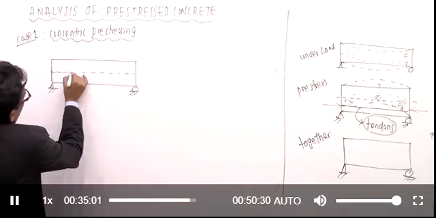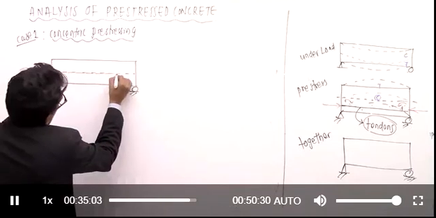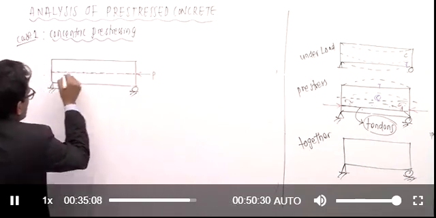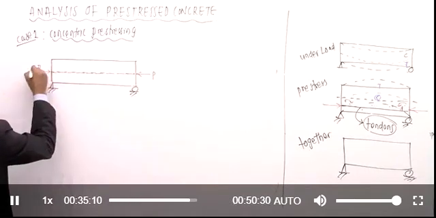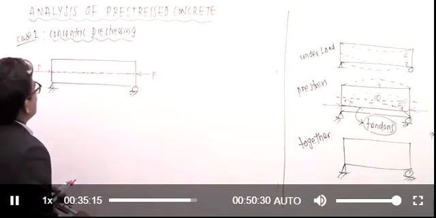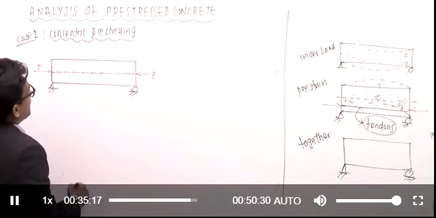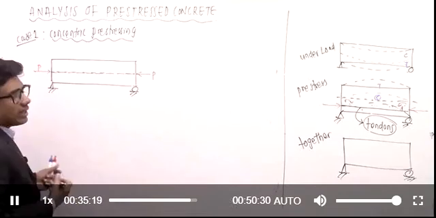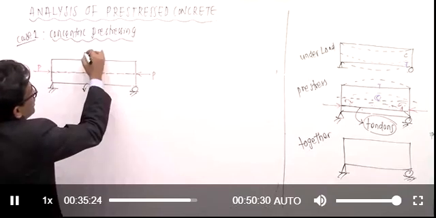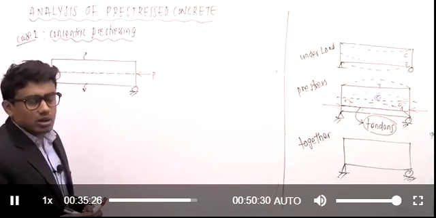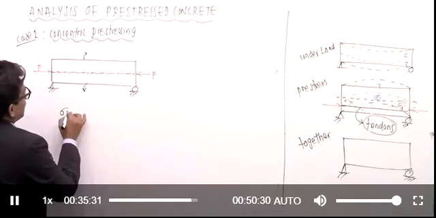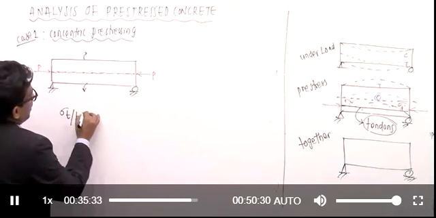I am going to place our tendons here along the neutral axis of the beam. These are the tendons I am going to provide. This is the compressive stress, which I am going to call pre-stress. This is the concept of pre-stress. By analysis, I mean I am interested in calculating the stresses. I am going to calculate the stress at the bottom fiber and the stress at the extreme top fiber. Why? Because they have the maximum stresses, right?